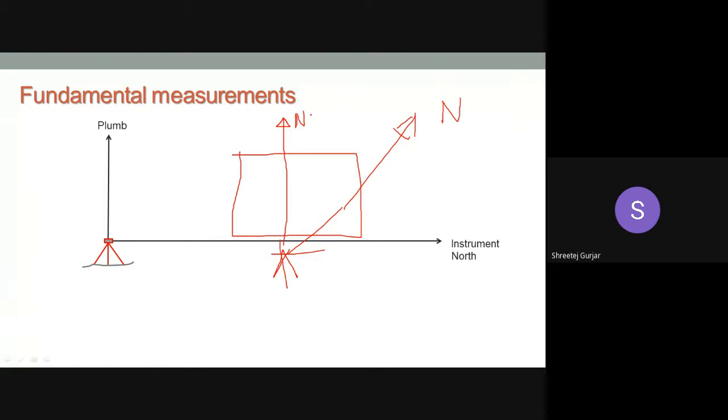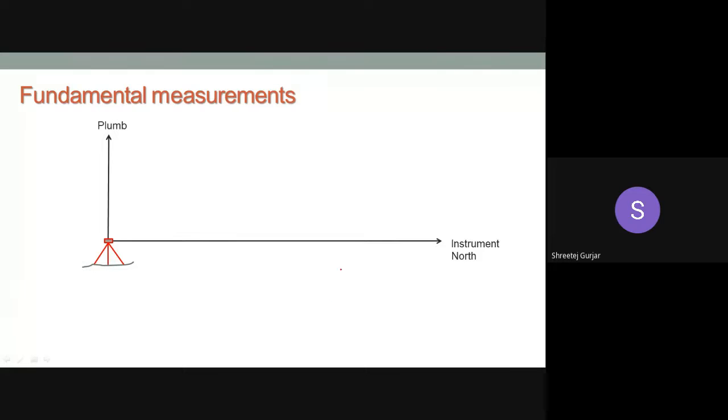If you want, you can align over here, or else we can align at any permanent point, right? If you feel the magnetic north is not proper, or if you don't have any compass with you, you can align at any permanent point also. Why do we set it at this particular north or at any permanent point? Suppose the survey you are doing is very large and cannot be completed in a single day. Then you can come back on the second day.